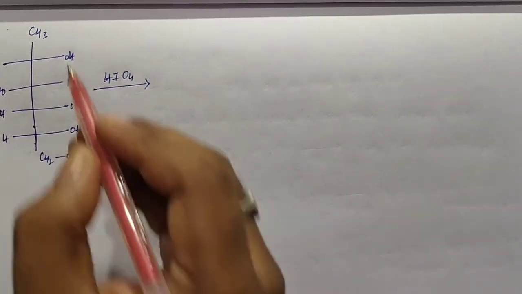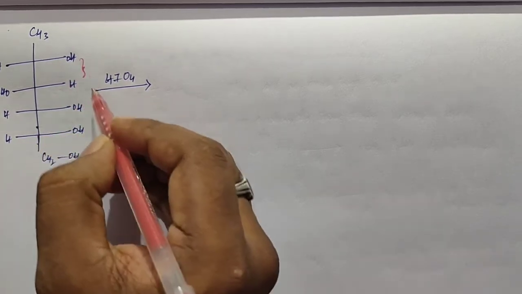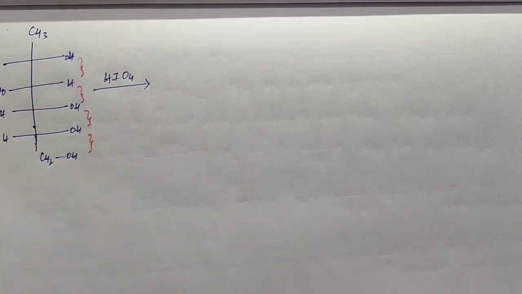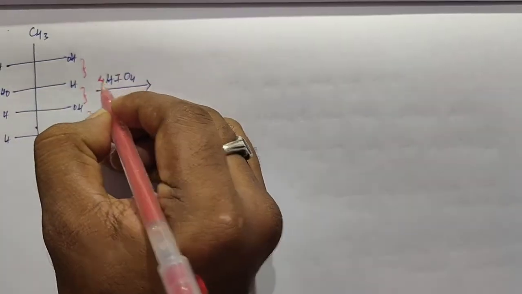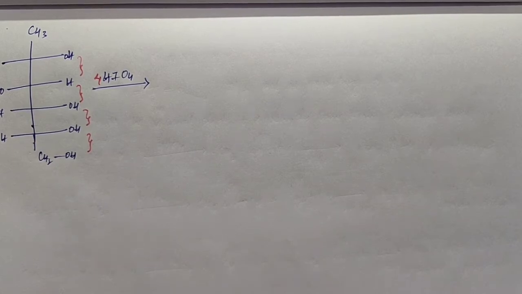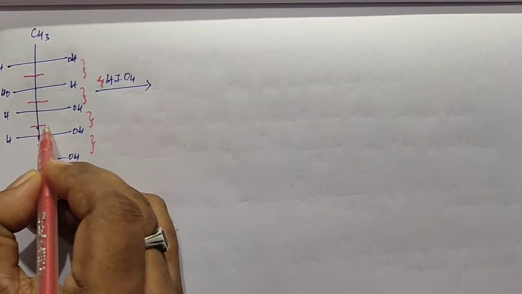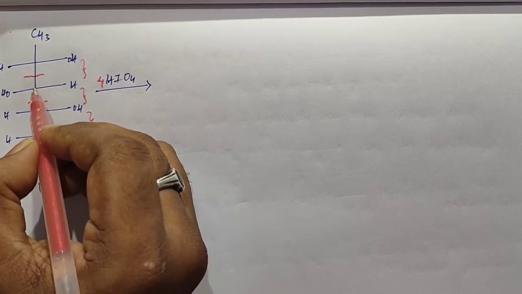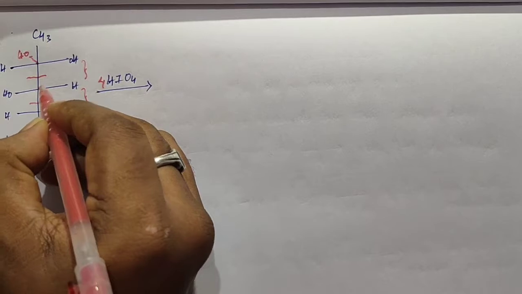Here this is the first vicinal part, where two OH groups are present on neighboring carbons, and this is the second vicinal part, this is the third, and this is the fourth. So in total there are 4 vicinal parts, and we need to use 4 moles of periodic acid. The breakdown is possible here: this is the first breakdown, the second, the third, and the fourth. For breakdown of this bond, this carbon loses one valency and this carbon also loses one valency, so we need to add one OH here and one OH here.